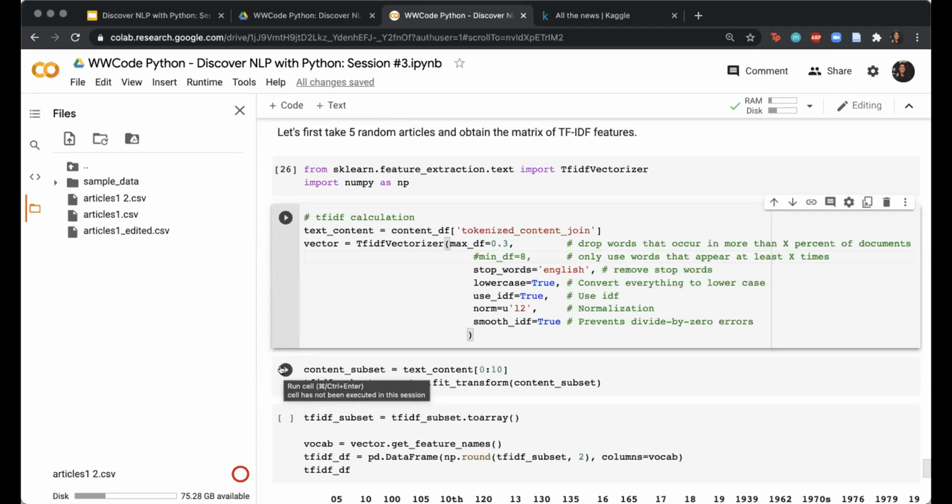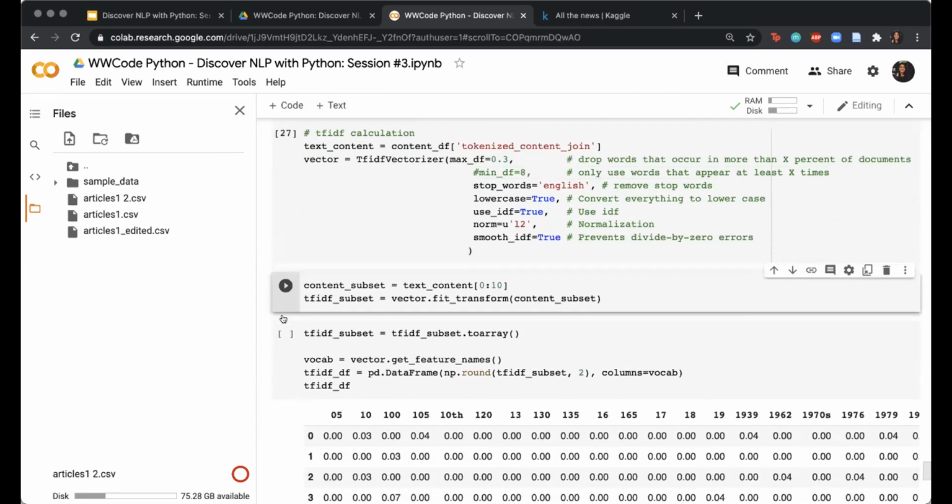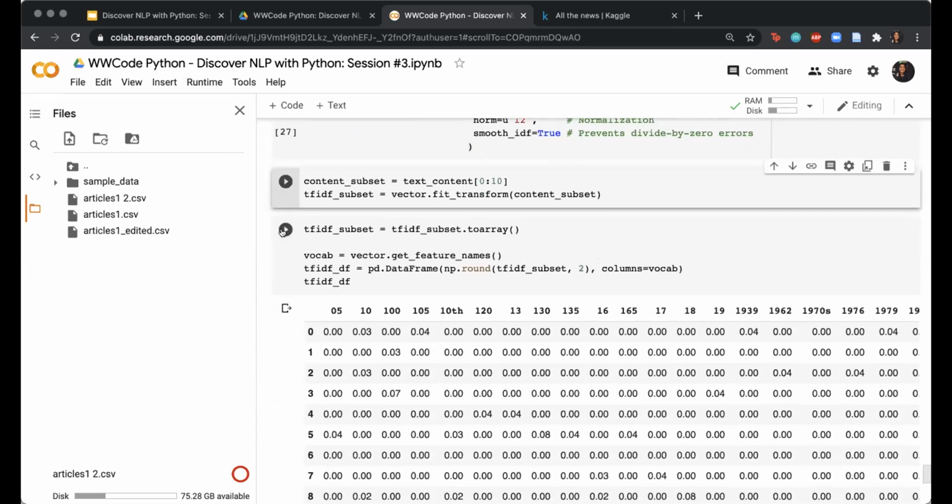Lowercase equal to true means that we want to convert the words into lowercase so that there is no redundancy. Use IDF equal to true is for using the IDF. Norm L2 is for the normalization. Smooth IDF true is to prevent divide by zero errors. So after running this cell, we would have the TF-IDF vectorizer ready, and we can just fit transform that on